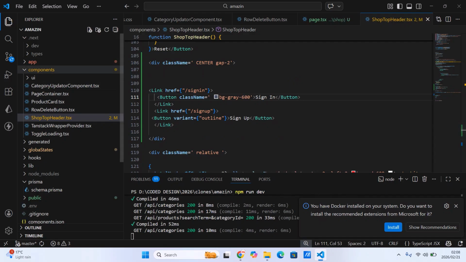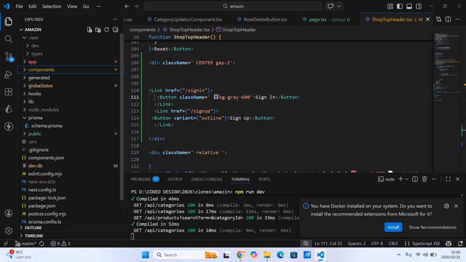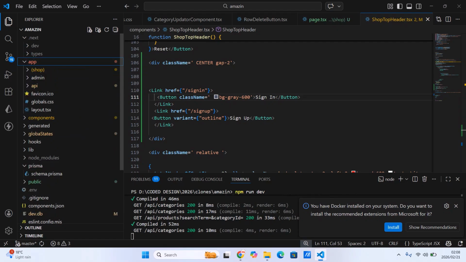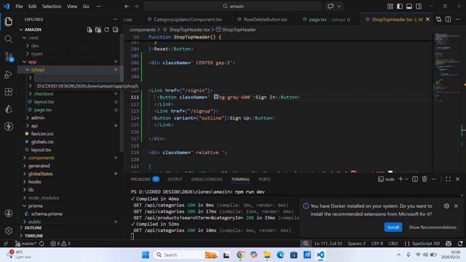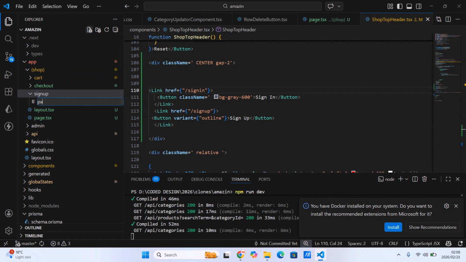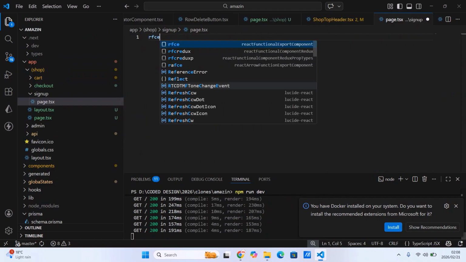And then let's create this route. Is it going to be under shop? Let's see app. If it's under shop, for now let's just continue and create this route. We will deal with the layout later. Sign up. We will have to check if these are in the right location later. Page.tsx, RFCE,